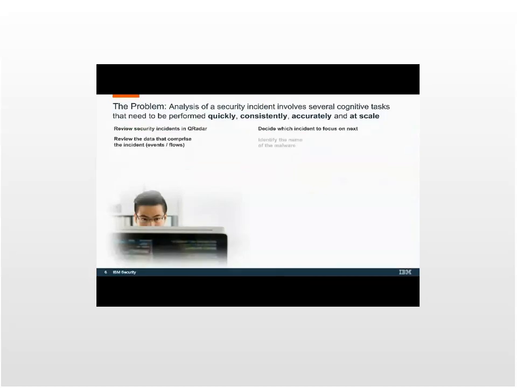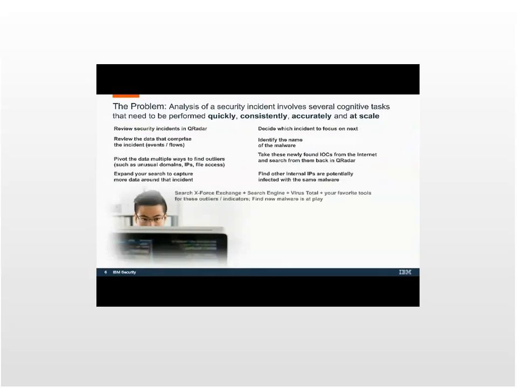We have focused our attention first on applying cognitive technologies to investigate and qualify, quickly, consistently, accurately, and at scale, the incidents we are alerted to during our threat and risk detection phase. Whenever we reach the limits of manual capabilities, we turn to technology. But as you know, these tasks don't lend themselves to the traditional notion of automation, and that is why we have relied on human talent.